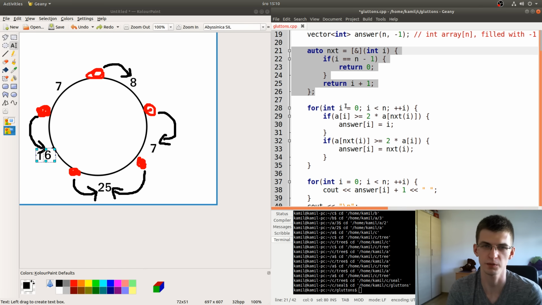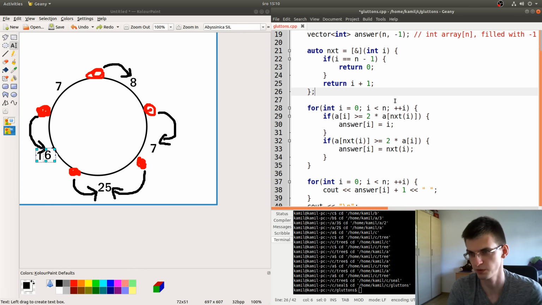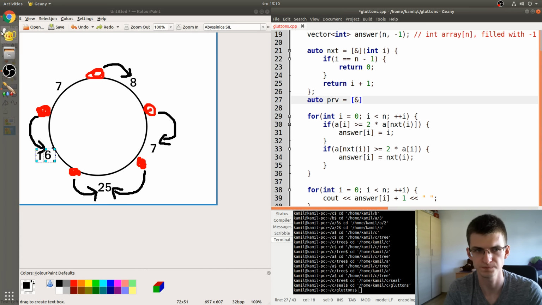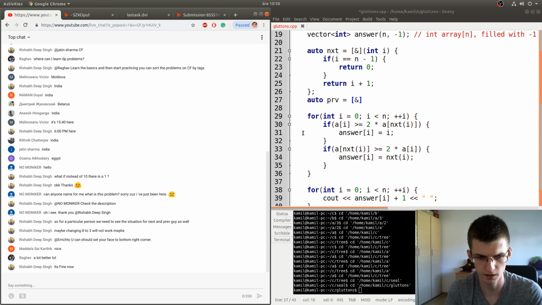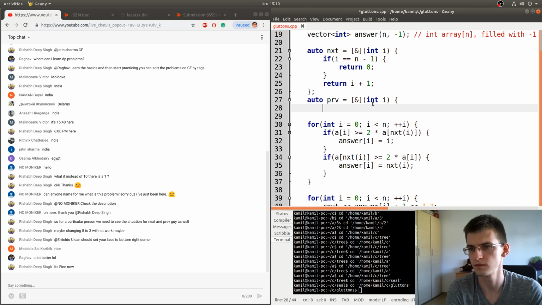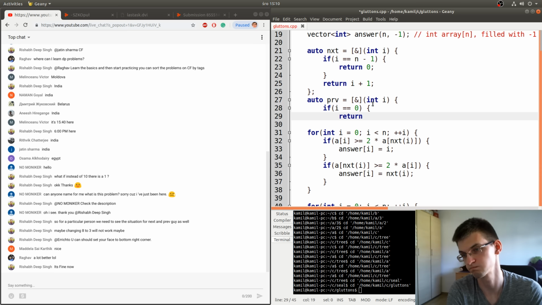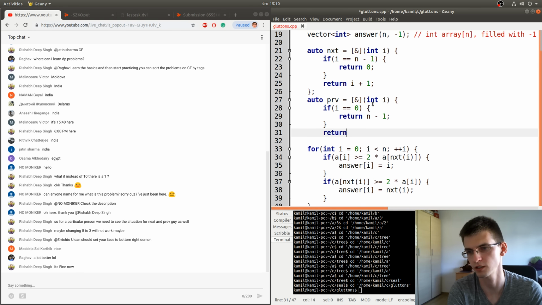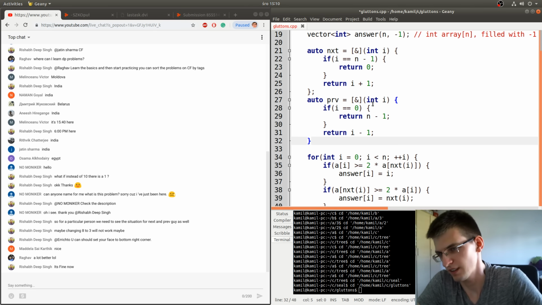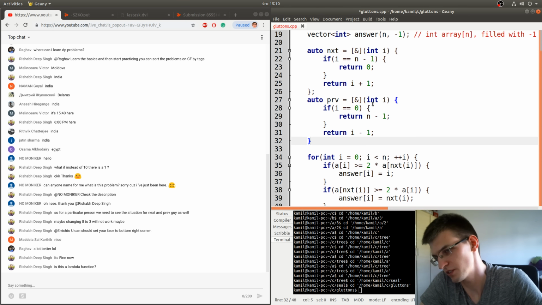Now this function is a bit faster, and a bit here means that it's like 5, maybe 10 times faster. And let's say that also we'll want a function previous, that if i is equal to 0 returns n-1, otherwise it returns i minus 1. There's one danger with these functions.